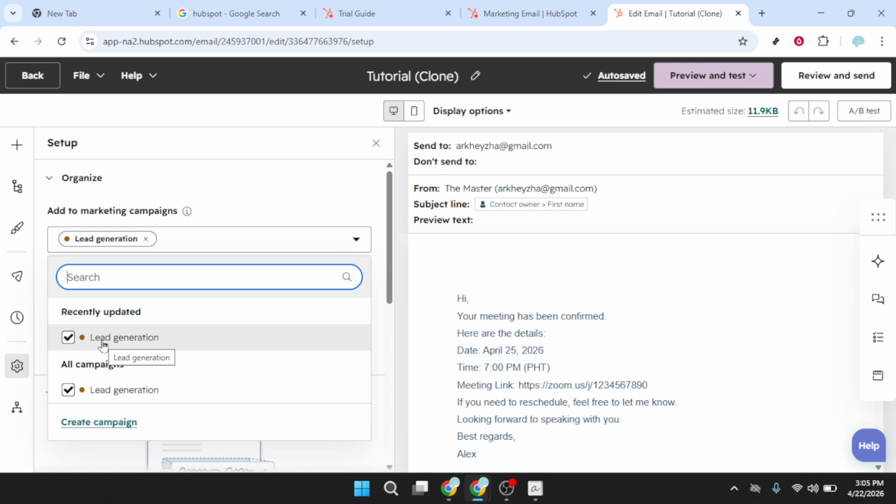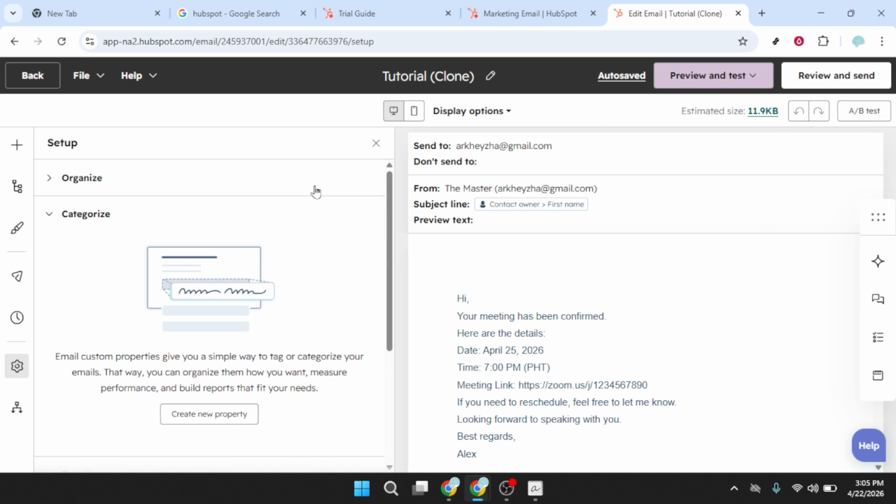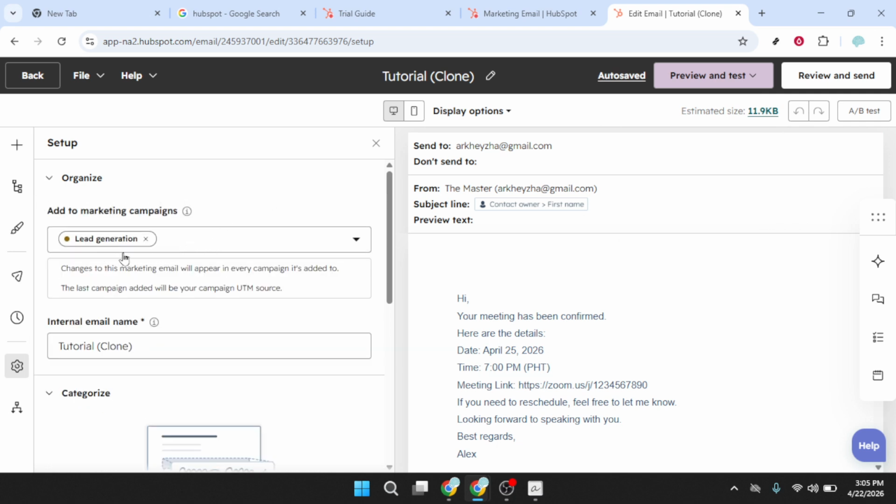After you select the campaign, HubSpot automatically saves the change. Look for an on-screen confirmation or a brief Saved indicator near the top of the editor. There's no separate Save button needed for this association, but it's always a good idea to wait a moment before navigating away. That's it. Your email is now associated with the chosen campaign, which means opens, clicks, and influenced contacts